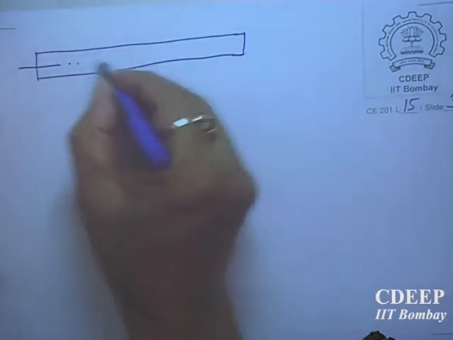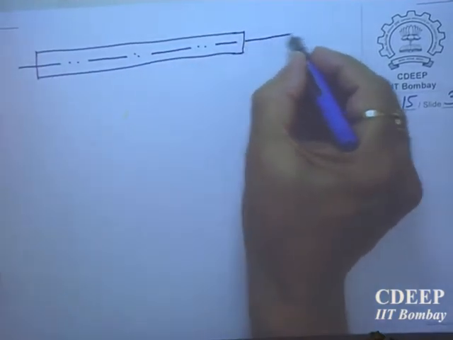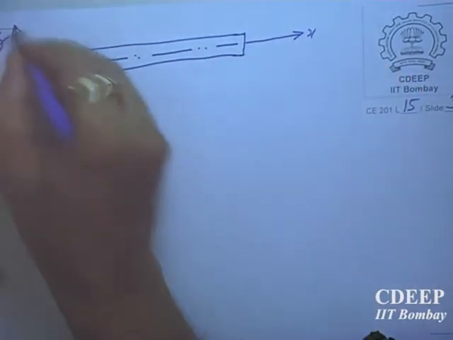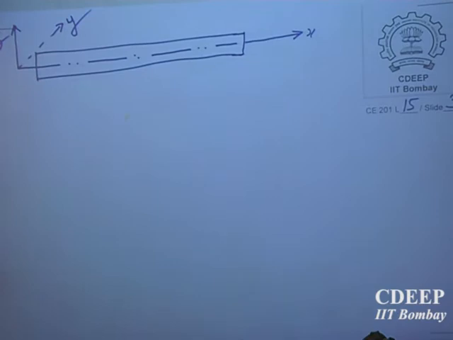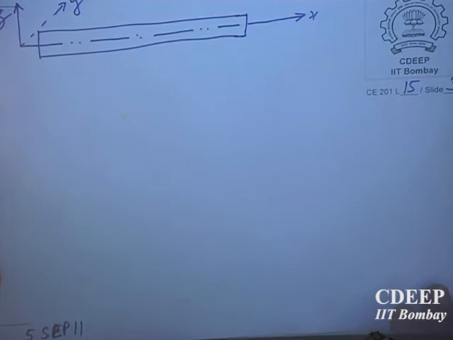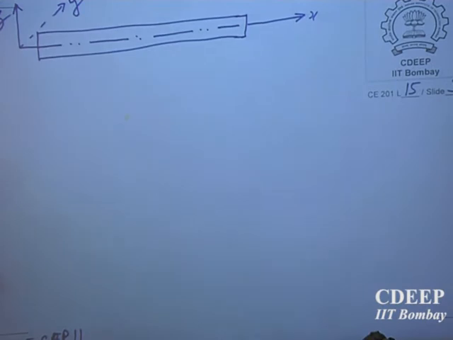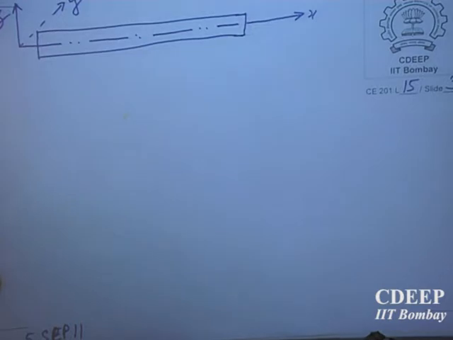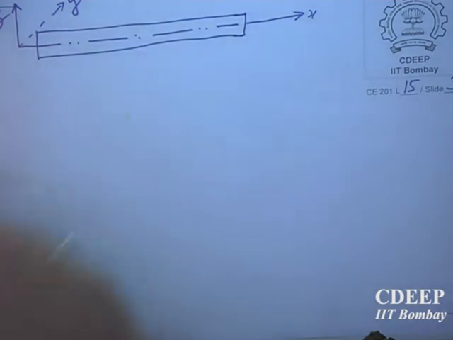The x-axis is here. This is the x-axis, this is the z-axis, and this is the y-axis. Y is perpendicular to the cross section. So I have drawn now only the plane of symmetry, not any other plane. Here I need to study only that, because if I know that, I can know any point in the y direction. In the y direction, all the displacement will be the same. Now this has to be supported. So let me support it first.